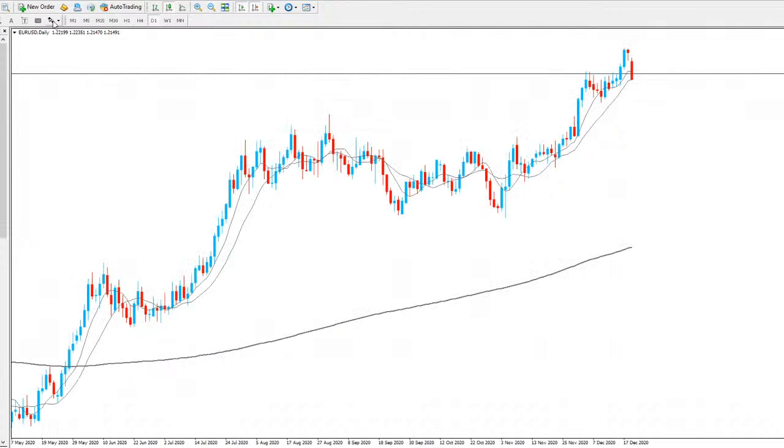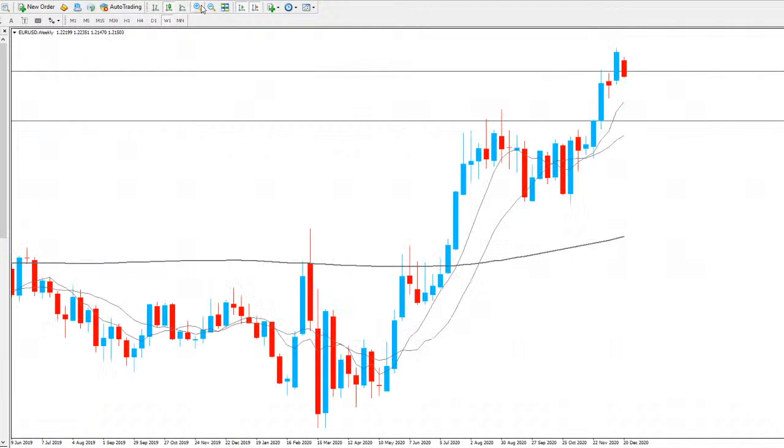Which we were expecting for Euro USD. As you can see here, if I draw a line across, previous area of resistance all along here, we didn't get a retest of that area. Price just shot up and continued to move in that bullish direction to the upside. So again, we could be seeing a deeper retrace for Euro USD back to this level. I believe it's around 1.2. So around that level, around 1.2, potentially we could see a move back to that area. Previous resistance on the weekly chart as well, I believe. Yeah, as you can see here, previous resistance as well on the weekly chart from those wicks.